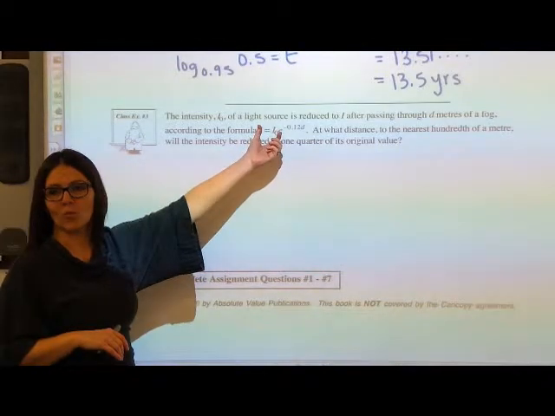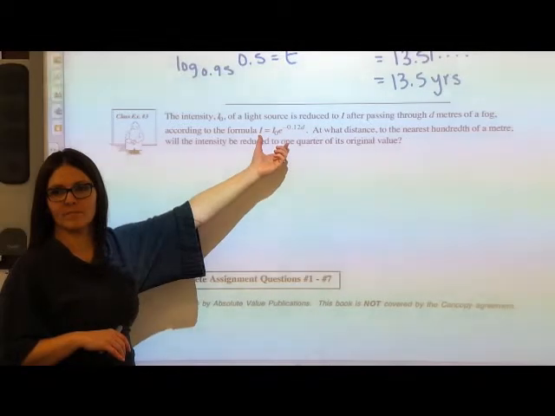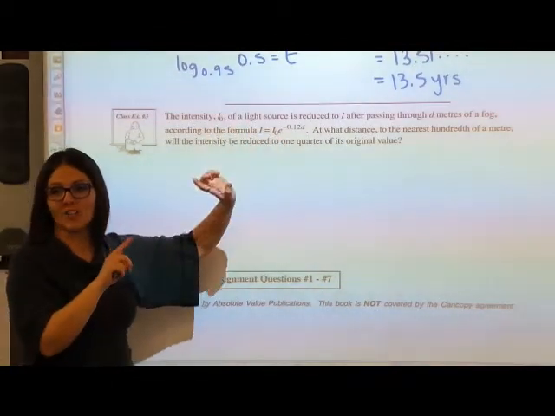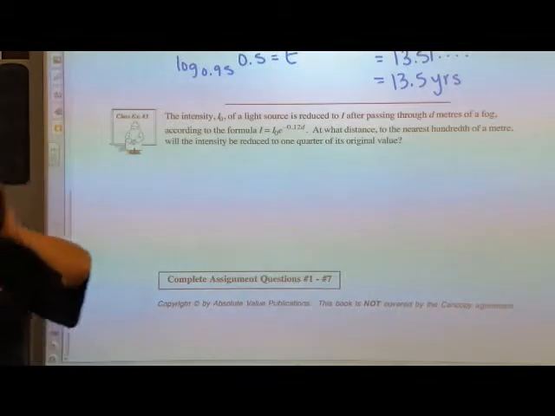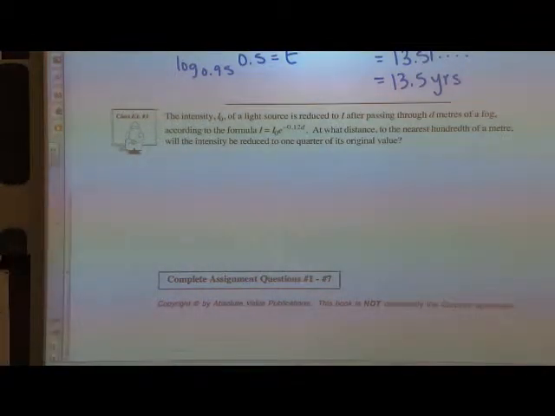Look on your calculator. What button does it share? The natural log. So this time I wouldn't be taking the log of each side, I'd be doing the natural log. Okay? So it says, at what distance to the nearest hundredth of a meter will the intensity be reduced